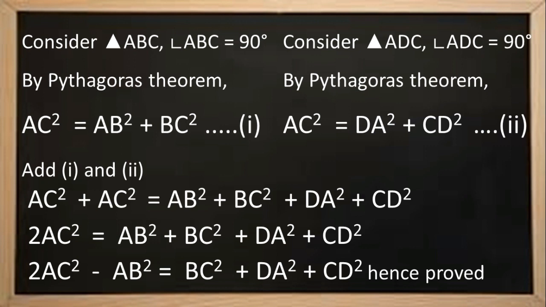You need to proceed with keen observation of what you need. If you want to eliminate any value, then equate the equations, find out which value is common. If you want to increase your value, then try to add. In some cases you will need to subtract, and in some cases to substitute. So by yesterday's and today's class, we have learned how to equate and how to add. By this, we have completed up to question number 7.